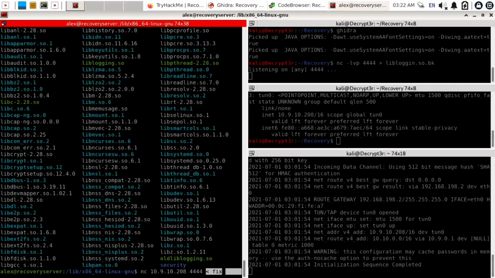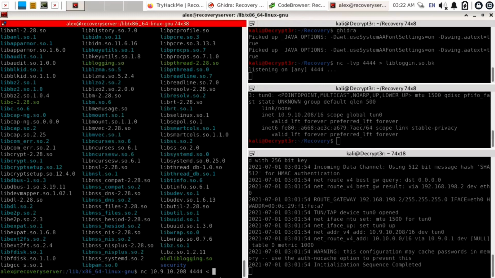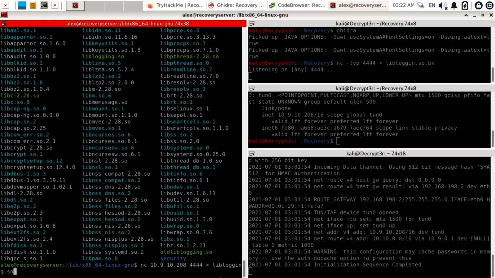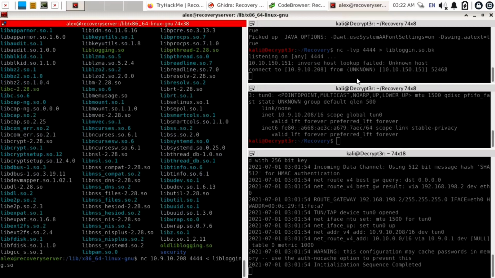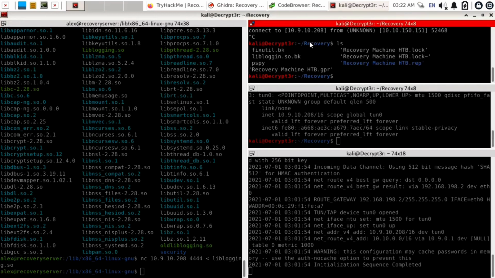So just remove that fixutil and instead of that make it liblogging.so. So our IP is 10.9.10.208 and the port number is 4444. Copy liblogging.so and paste it here by Ctrl Shift V, hit the enter button, and here you can see we have successfully uploaded this to our local machine. You can use Ctrl C to exit from this. After ls you can see we have successfully downloaded liblogging.so.